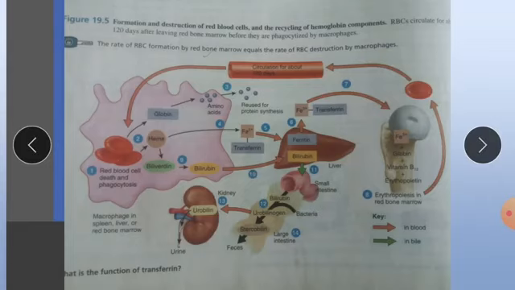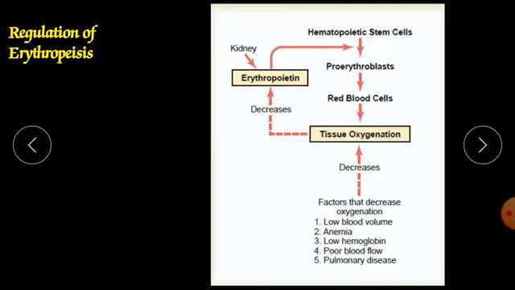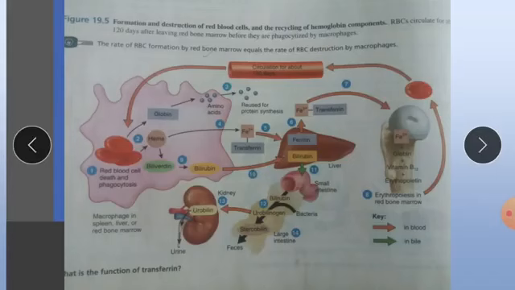Now this is the next topic that I would like to discuss with you. This is nothing but the RBC cycle. Once the RBC has been formed, as in our last slides, we should know its journey: how the RBC is going to be worn out, how its degradation will occur, and how the complete life cycle of 120 days of RBC will occur in our body. So one by one we will see.